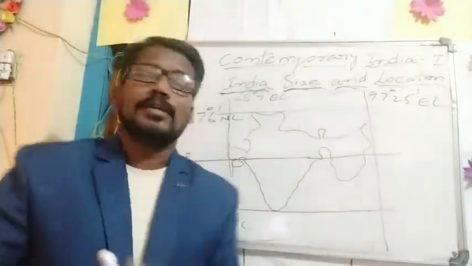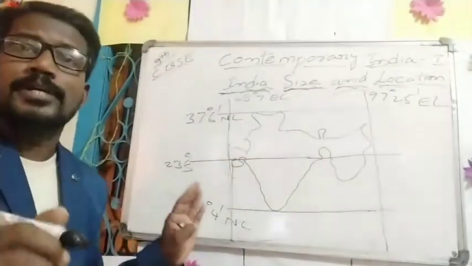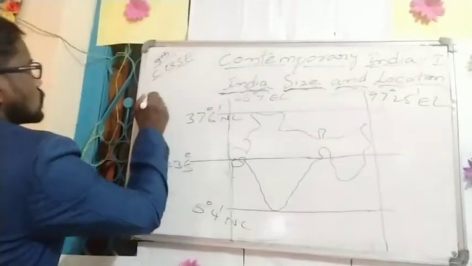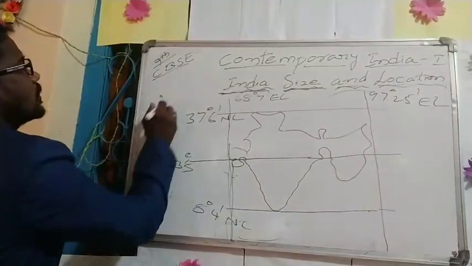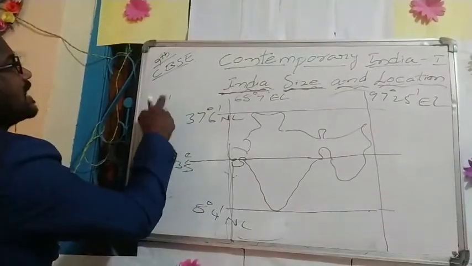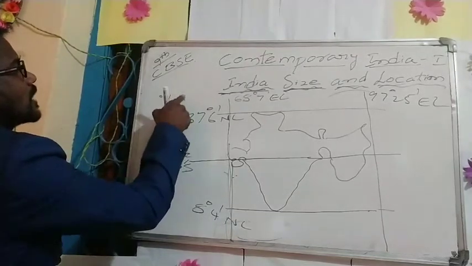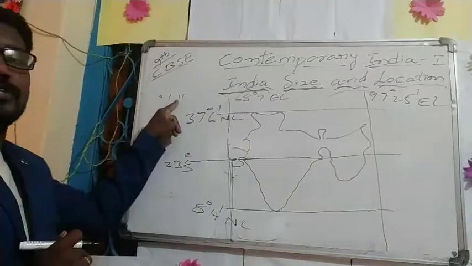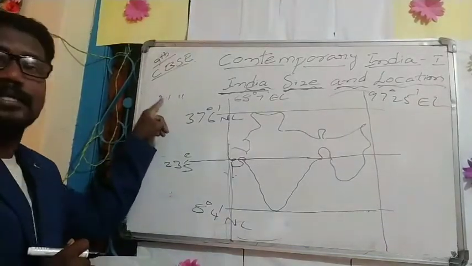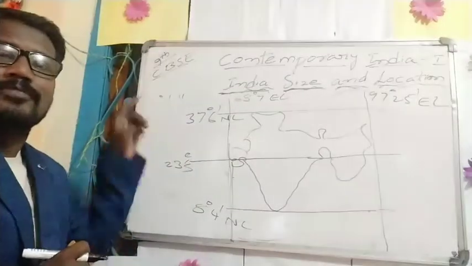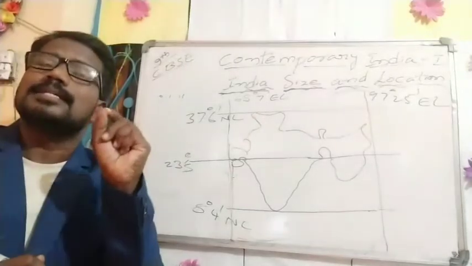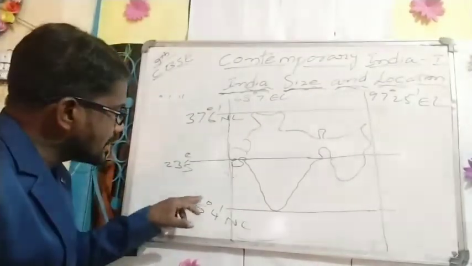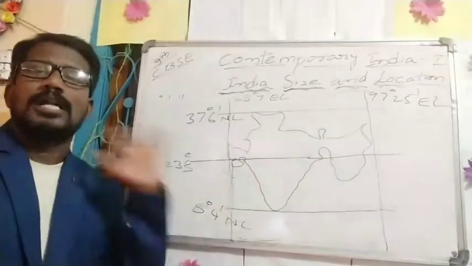So do you understand? See, this is the symbol. It's very important. This is also basic information I am giving. This is the symbol of the degree. This is the symbol of the minute. This is the symbol of the seconds. If there are 2 lines, it is the symbol of the seconds. If there is 1 line, this is the symbol of the minute. And if there is a circle, that is the symbol of the degree. That is why we have to read it as 8 degree 4 minutes north latitude.